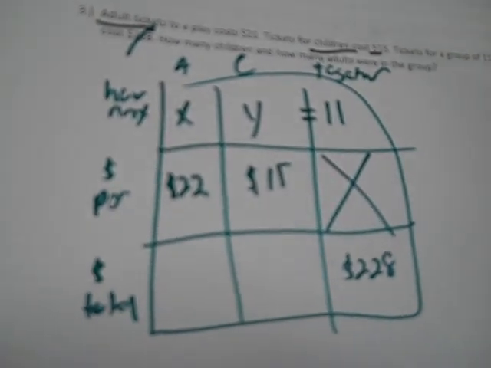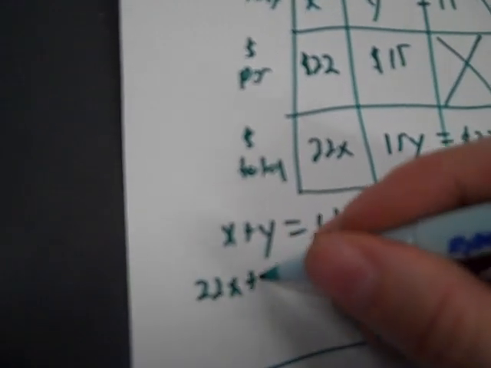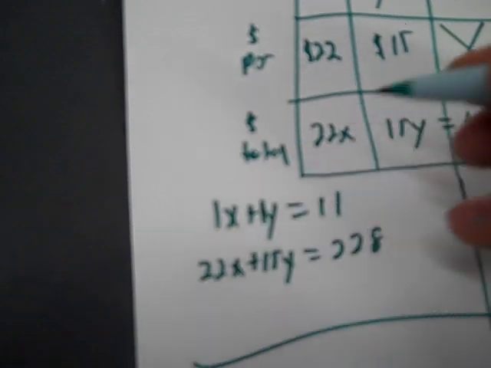Okay, so adults cost $22 and the children cost $15. And now, so I have this equation, X plus Y equals 11, then I have 22X and 15Y equals 228. So you make your system, X plus Y equals 11, then 22X plus 15Y equals 228. Okay, so I have a 22 down there, so you got 22,